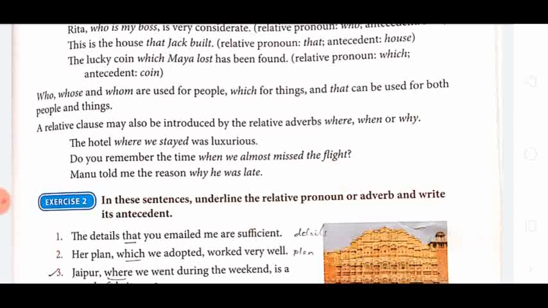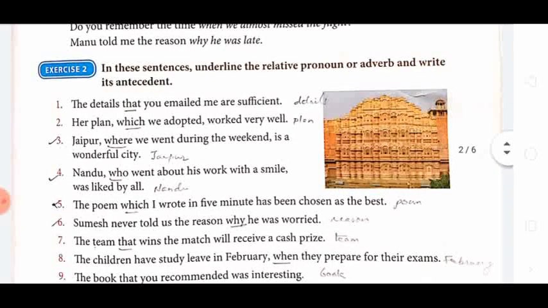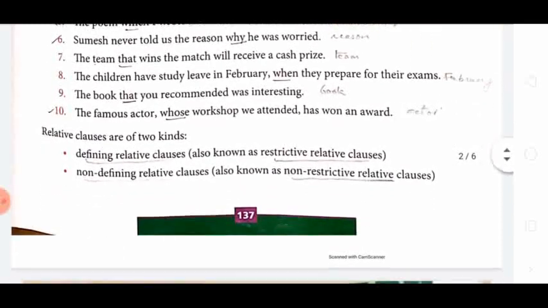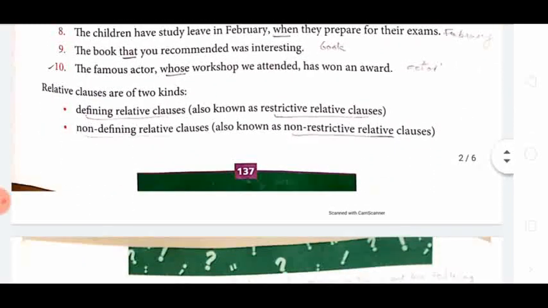In exercise 2, you have to pick out the relative pronoun or relative adverb and say its antecedent. I am going to send you only the answers with the PDF. You have to write with the question so that you come to know how to write the answer in the exam, or why this is the answer. If any query is there, you can ask me and get it cleared. But without the question, you can't understand the concept clearly. So the question is a must.